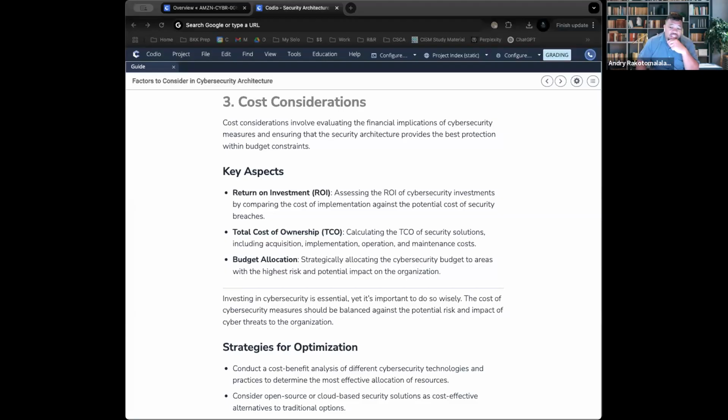An organization has to make smart decisions on how they're spending money to maximize the protection of their assets as well as cause as little friction as possible. Now, if you're a business owner and you think about this, it makes sense because you want to make sure to not have any breaches occur, but you also don't want all of the security measures to cause inconvenience.